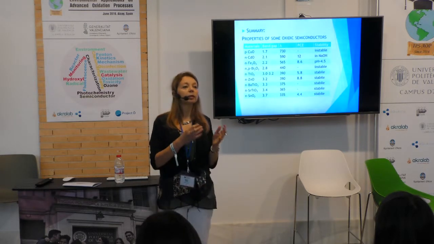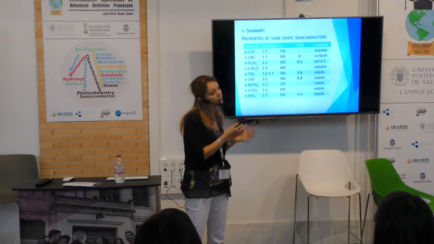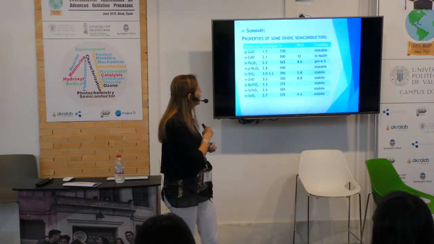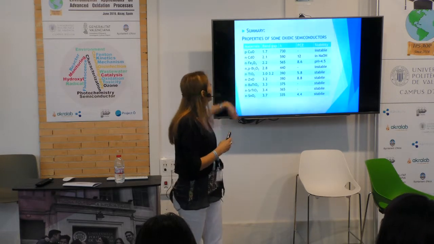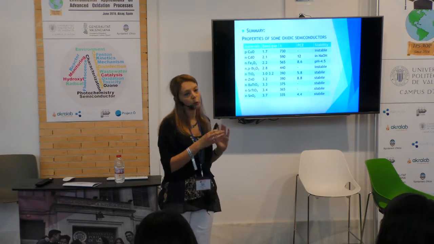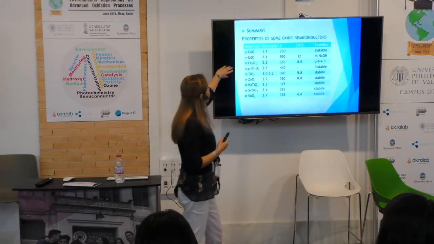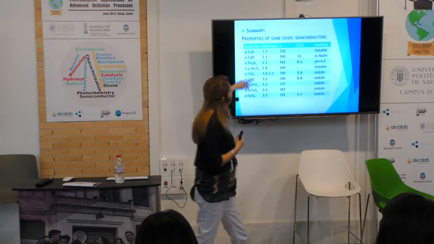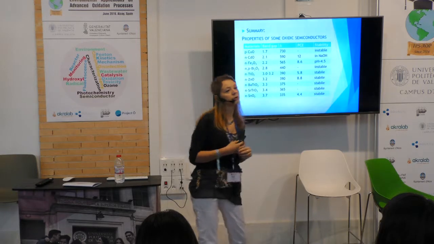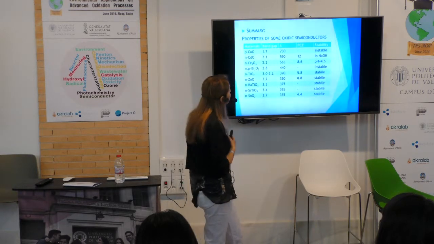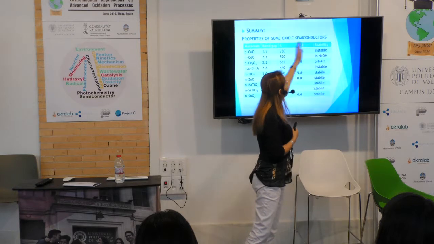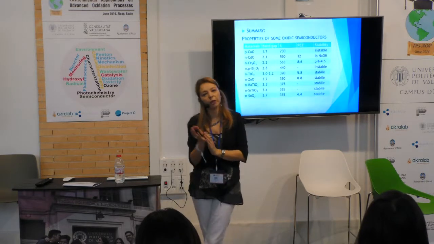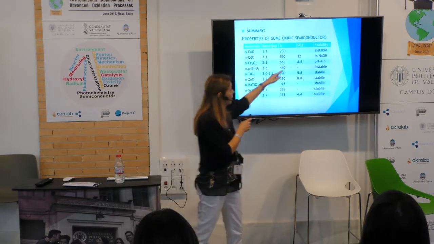And if we take into account these properties, we can see which semiconductors can be used and the range in which you can use them. The first row presents some low band gap semiconductors that can be easily excited using visible light, and so solar light. But most of them are unstable, or are stable only in some range of pH or in some conditions, as in this case, in the presence of